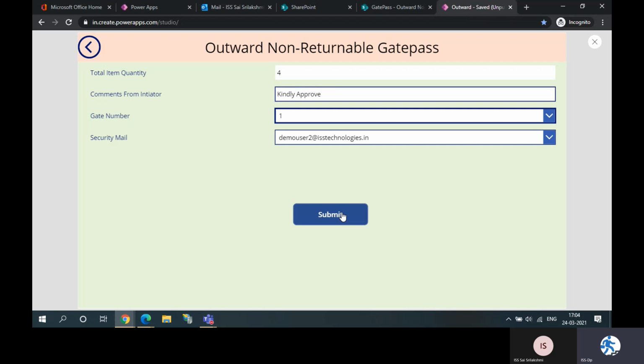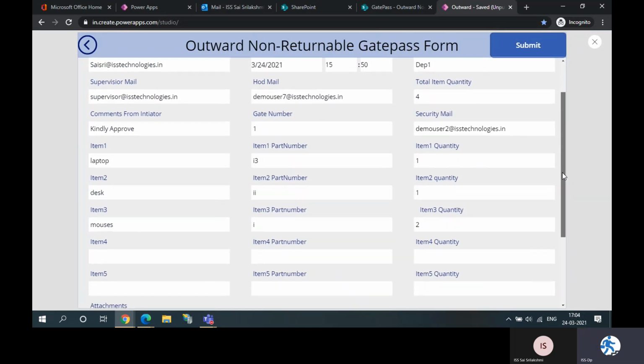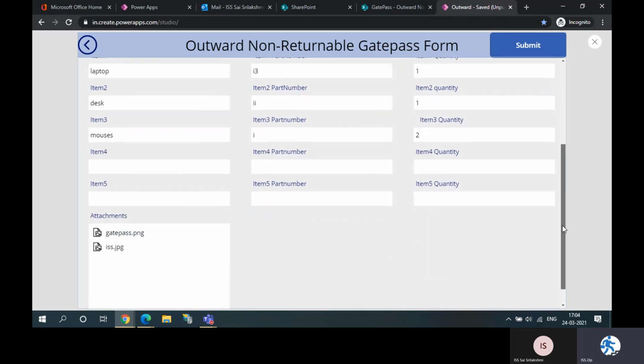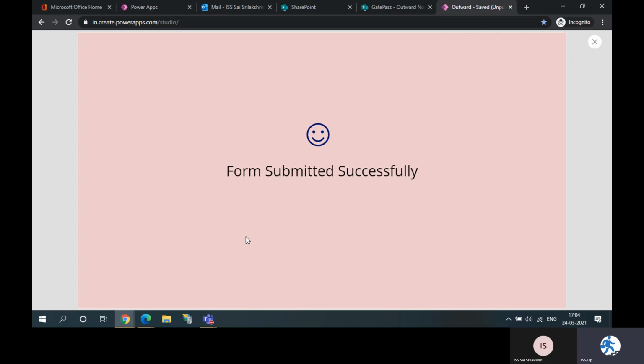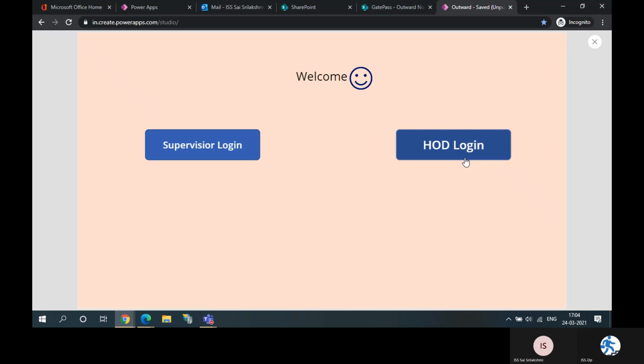Once I submit, I can always revalidate the submission I am making. If it is fine with me, I can go ahead and click the submit button. Once I submit it, it automatically triggers an email notification.